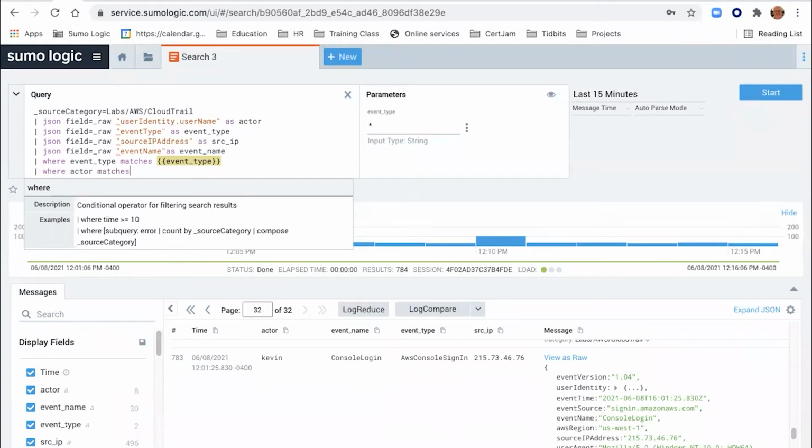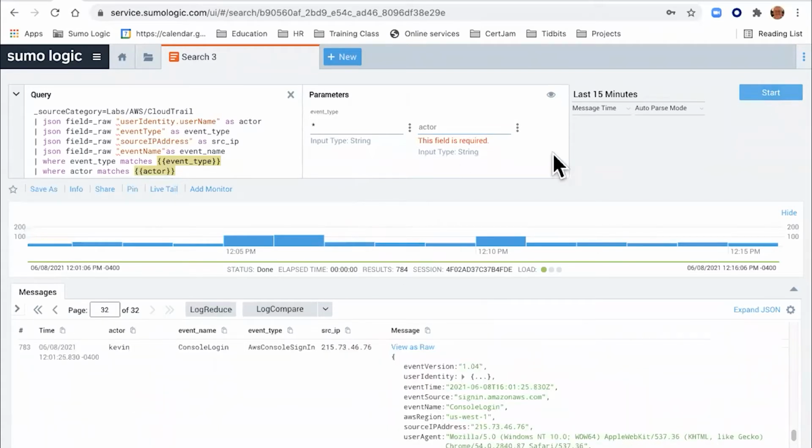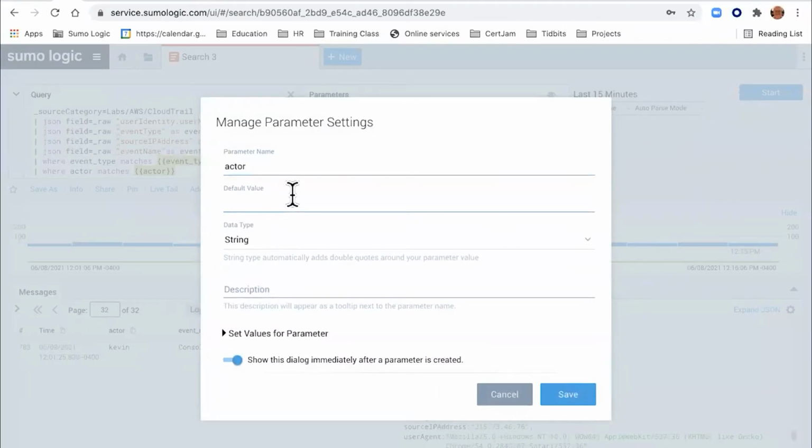The reason I'm using matches is I want to do a string matcher, because it's a string operator. And then I type in two braces, whatever I want to call my field, which is my parameter. I'm going to call it actor, and then two closing braces. And you'll notice that it automatically goes over here and adds this parameter. And if I go in, it says this field is required. If I try to run this right now, it's not going to run because it needs to know what this value is. But if I go in here and I manage my parameter settings, and instead of this default value being blank, I put a star in there,